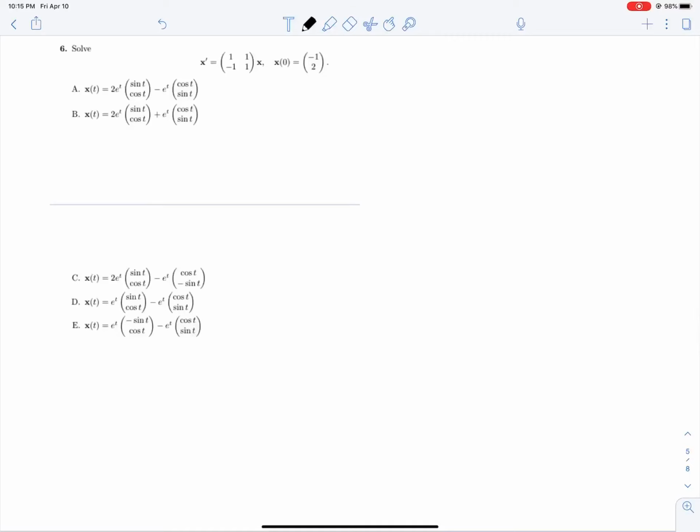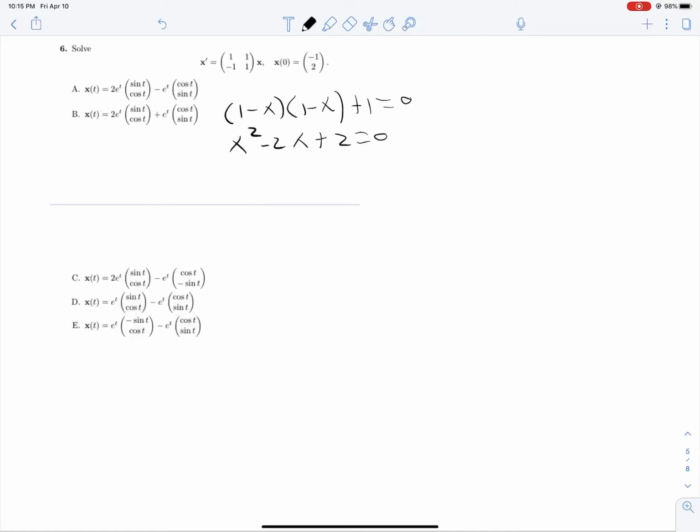6, let's solve x prime equals Ax, and this is essentially the exact same thing as the last question, except looking at our answer choices, we are going to have some complex eigenvalues to deal with. So the determinant of A minus lambda I equals 0 will have us solving 1 minus lambda squared plus 1 is equal to 0, or lambda squared minus 2 lambda plus 2 is equal to 0,